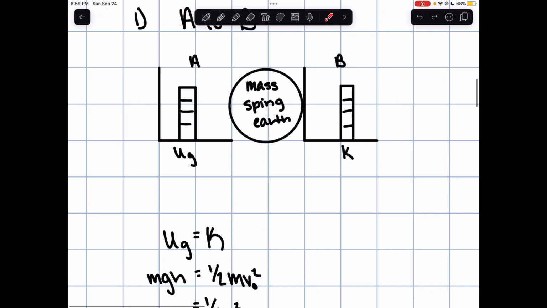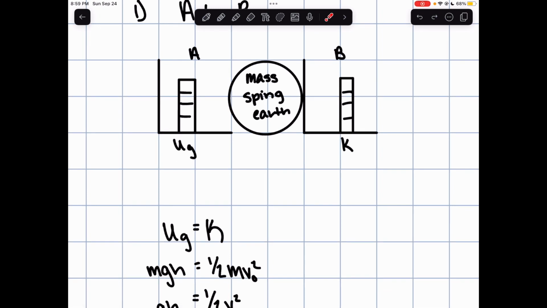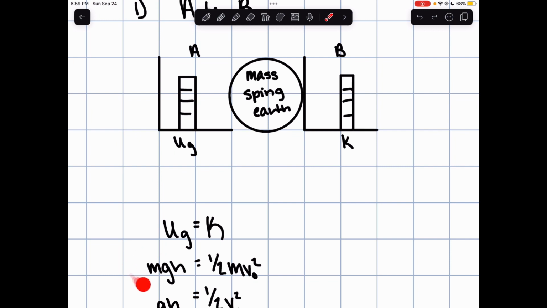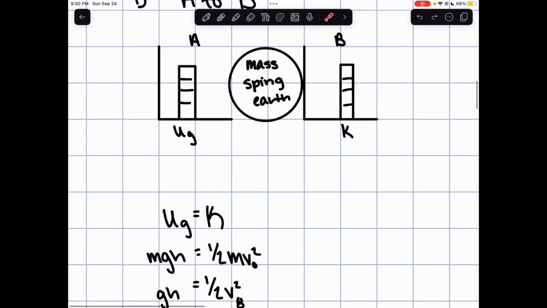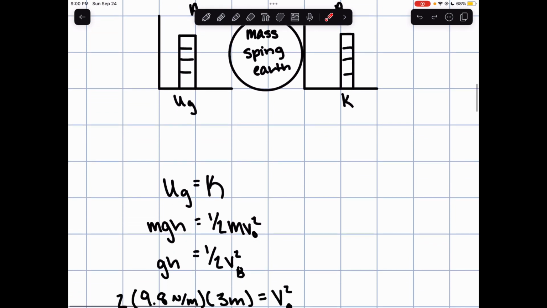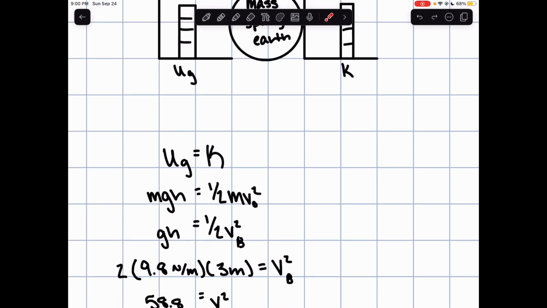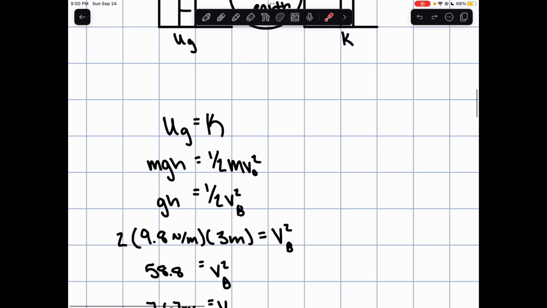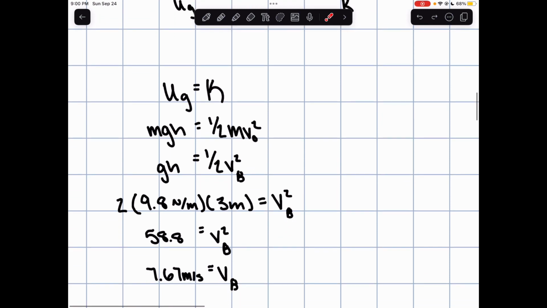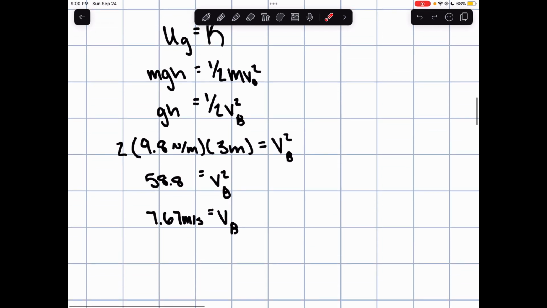Then we have our storage method equations, and UG can be said as mass times g times the height equals 1/2 mass times velocity squared. So we can cancel out the masses, and then all we have to do is plug in the numbers. So 9.8 for g, the 3 meters for h, and then we're going to multiply by 2 to get rid of that half, equals v squared for the B position. So then we get 58.8 equals v squared, and then the velocity at position B is 7.67